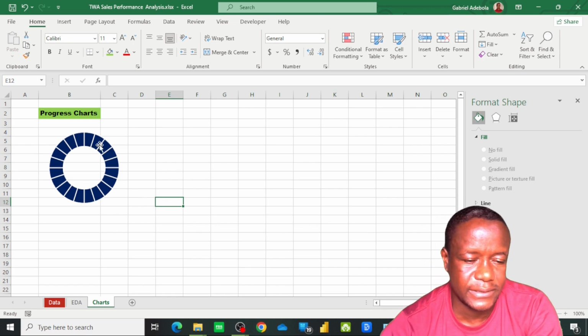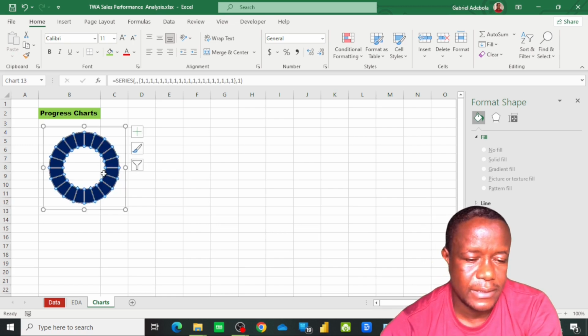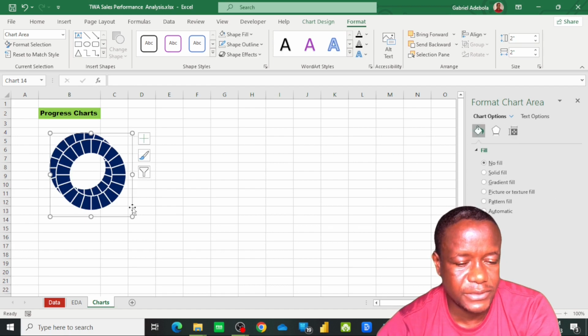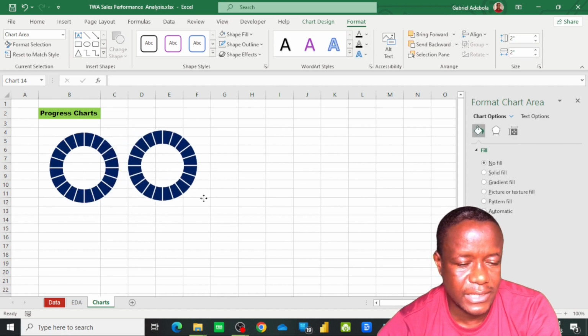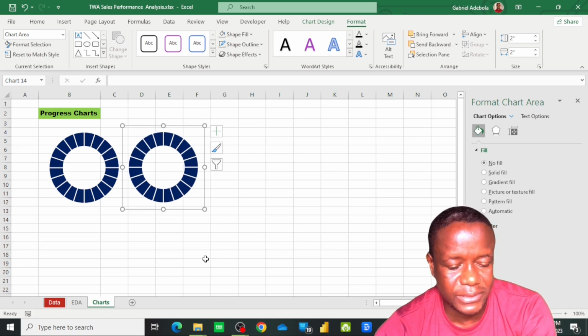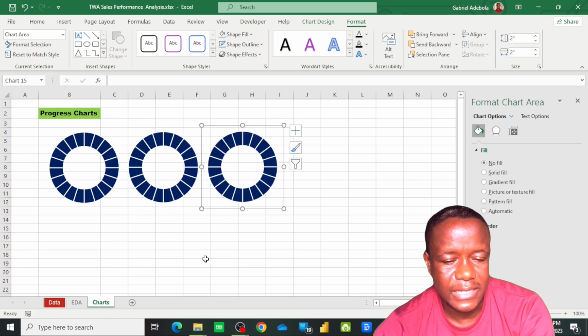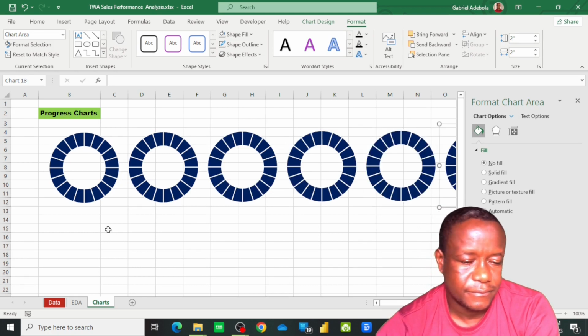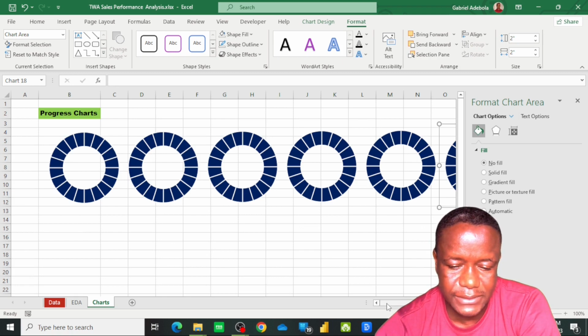So let me duplicate it into the number that we need, by using Ctrl D. That's it, as copied. You drag it to this side. Now you press the same Ctrl D so that you maintain the same distance. That's 3, 4, 5, and 6. All right, it's even getting bigger than